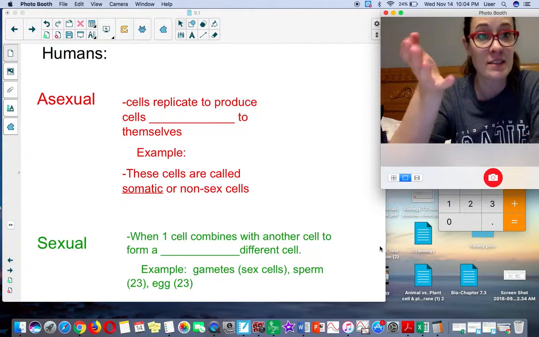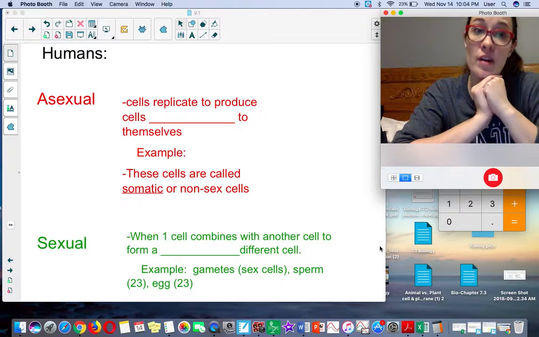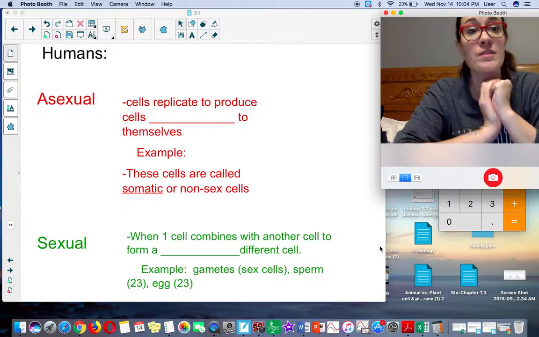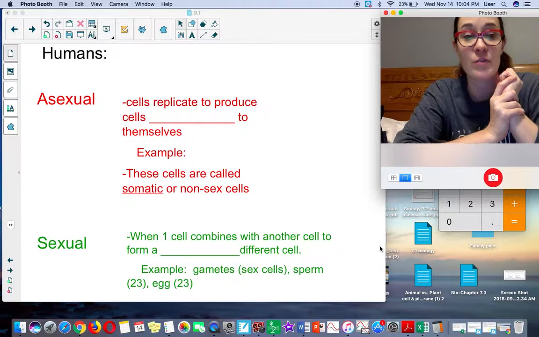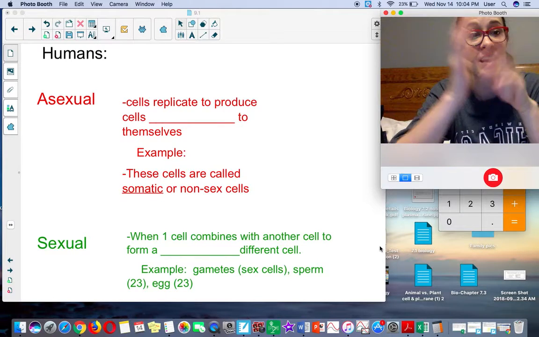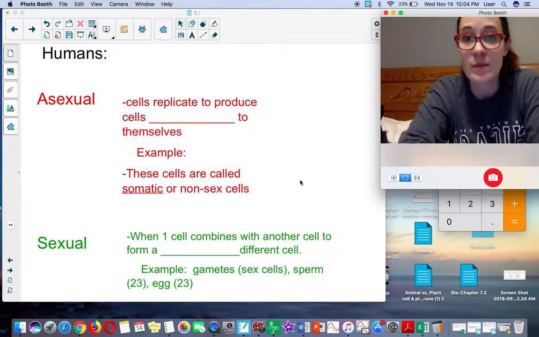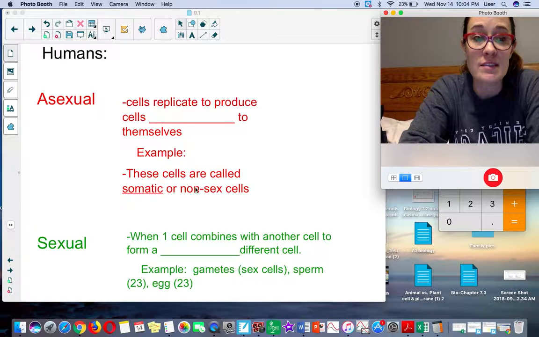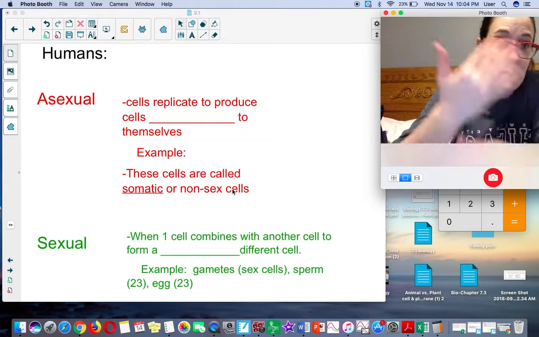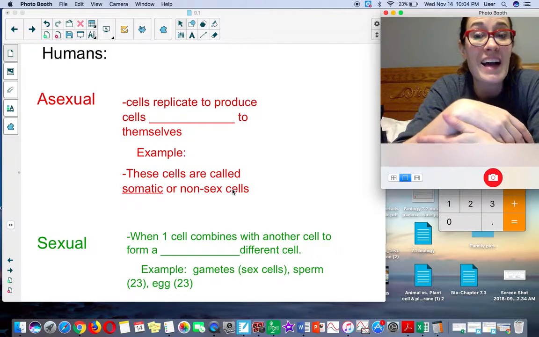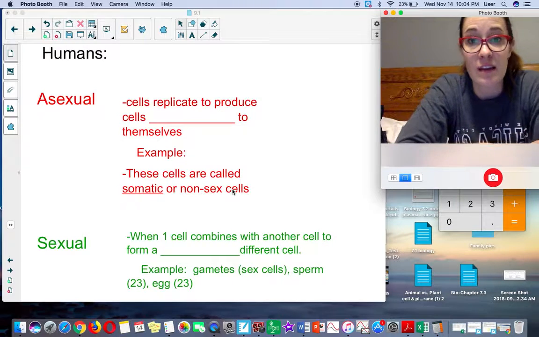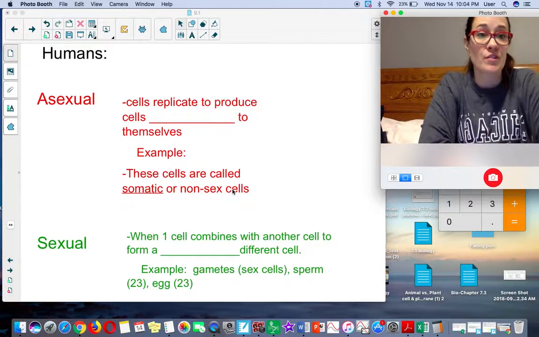by asexual reproduction. Also, blood cells. Your red blood cells actually only live for about 120 days and then they're recycled. So new red blood cells need to be made. Another name for these cells, or they're referred to as non-sex cells or somatic cells in the body that undergo